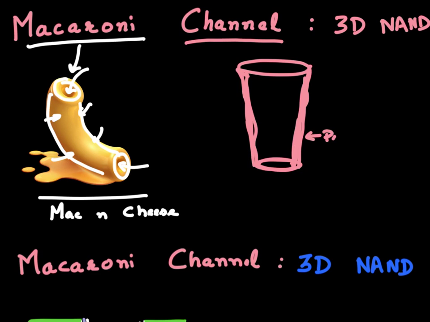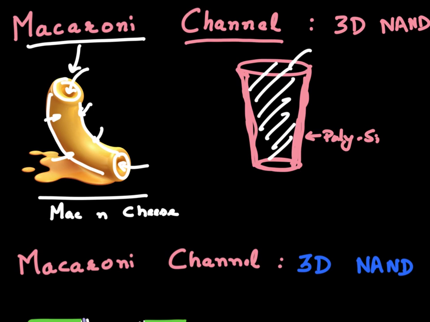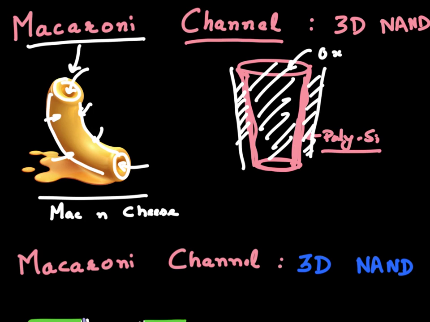inside this polysilicon channel, it's usually filled up with an oxide inside. Okay, it's filled with an oxide inside, and it's also surrounded by oxide. So just like this mac and cheese, this macaroni pasta over here is surrounded by cheese from both the outside and inside. This macaroni channel is made out of polysilicon, and it's surrounded by oxide both inside and also outside of this